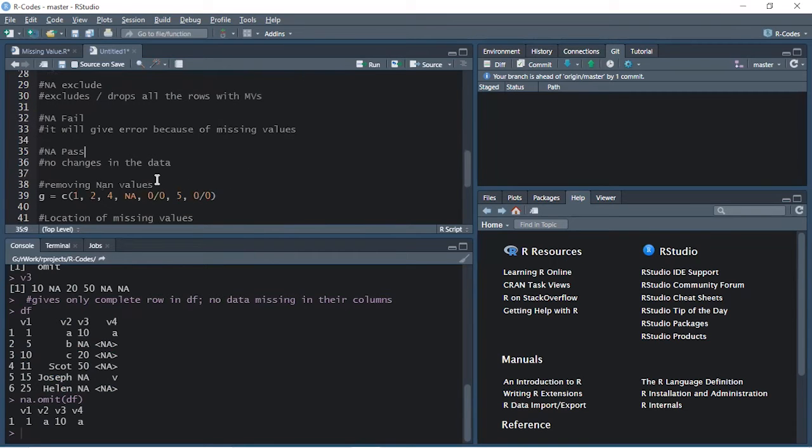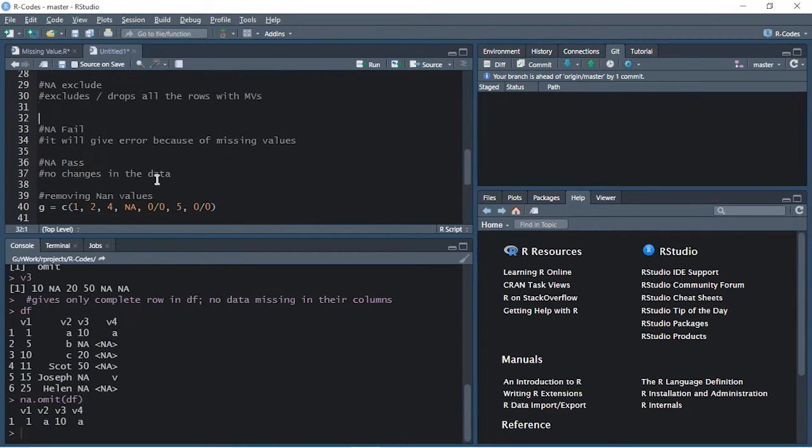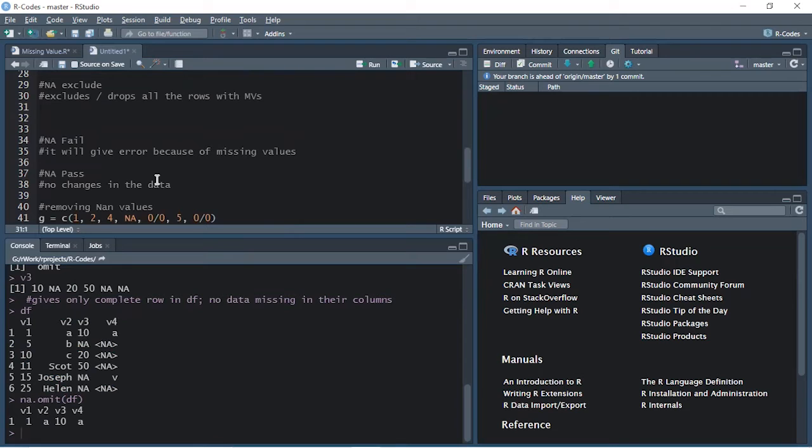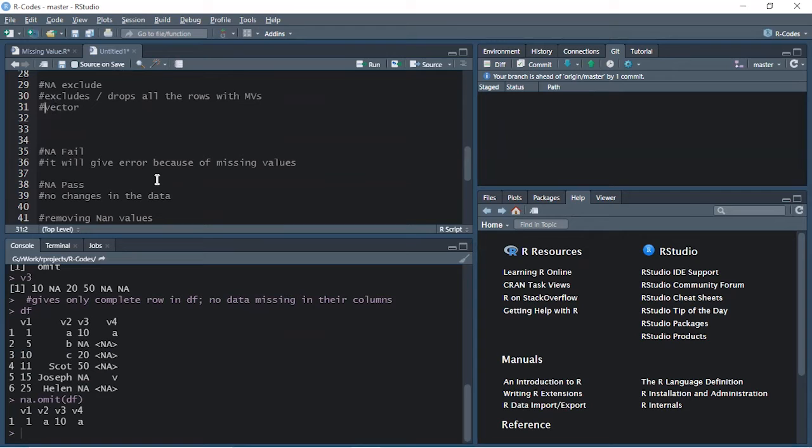Next is na.exclude. So how to use na.exclude? Let's use it on a vector as well as a data frame. So first let's use it on a vector. Now, na.exclude, and inside the bracket let's give v3.